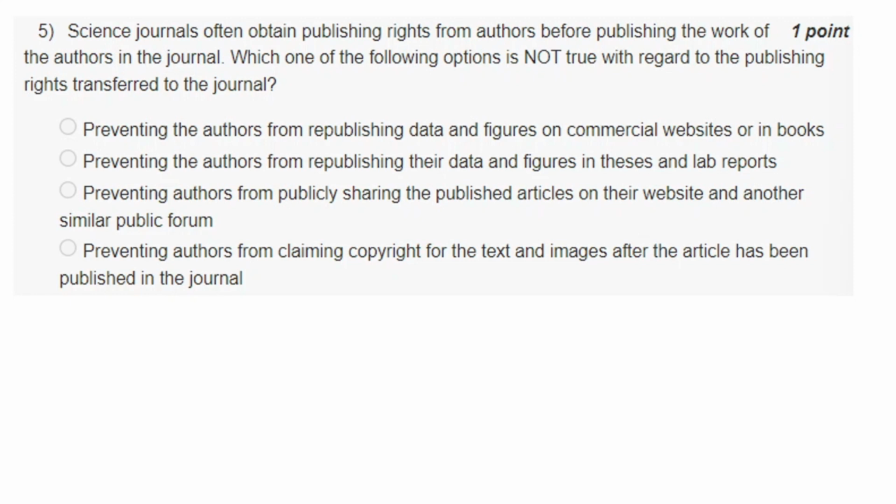So yeah, I think the first option will be you cannot republish. That's true. Preventing the authors from republishing data and figures. Okay, so I'm completely confused with the question. How is it framed? Not true. What is not true? Preventing the authors or true? Anyway, so the first option, as I said, it should not be allowed. If you have already given publishing rights to a journal,